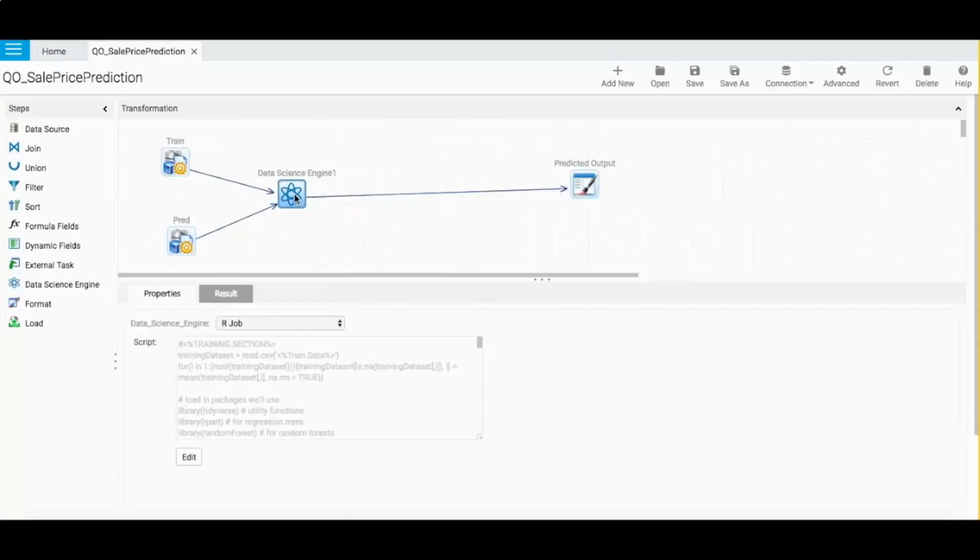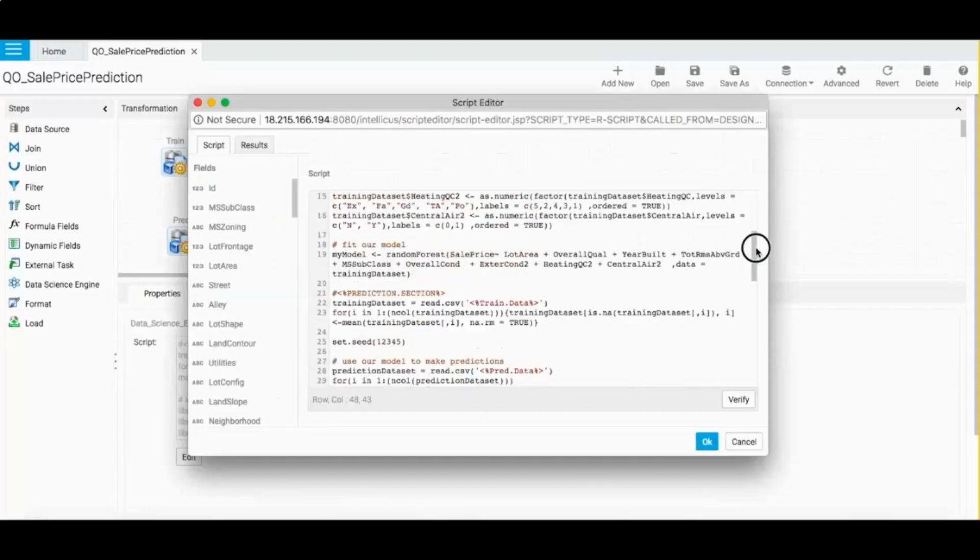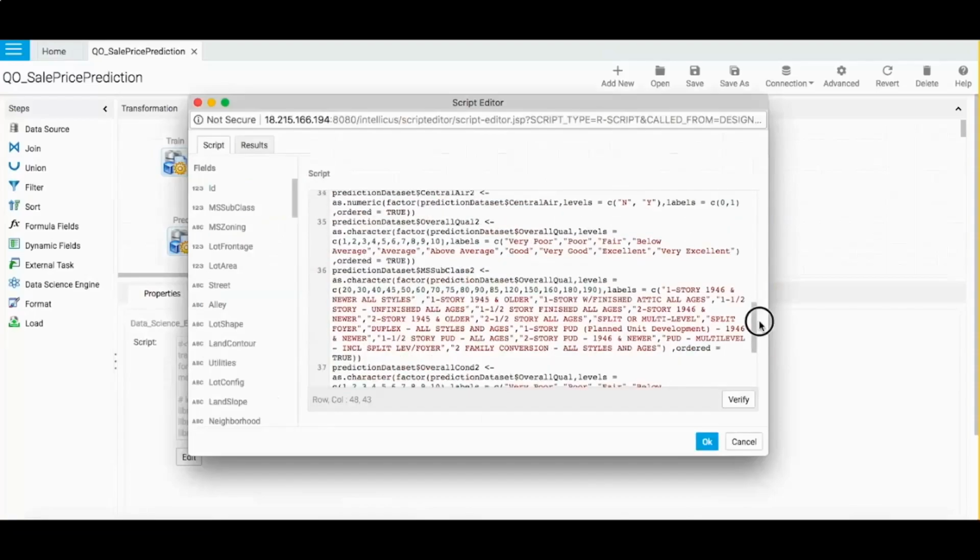So let me click on edit. This is a script right now which is automatically generated, and this will be further abstracted for the end users.